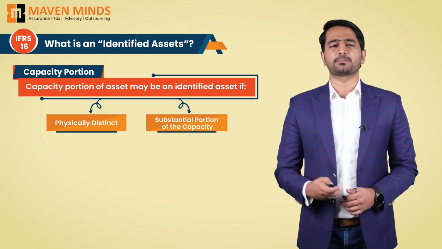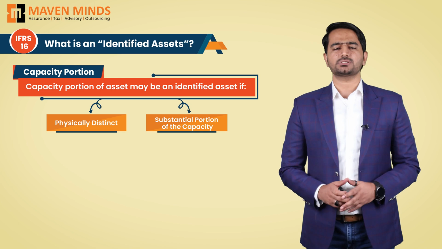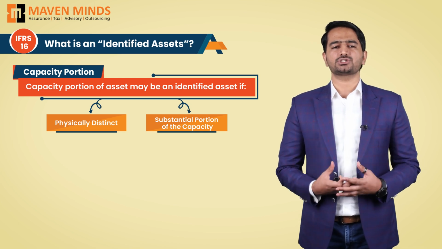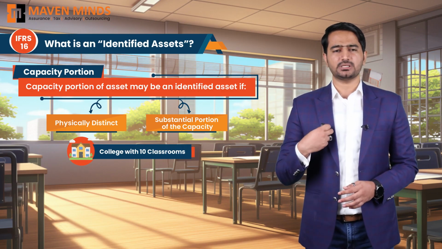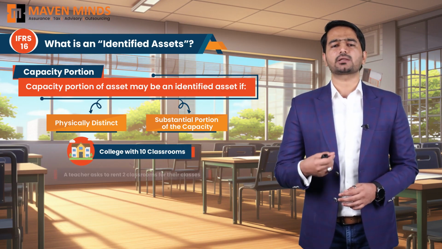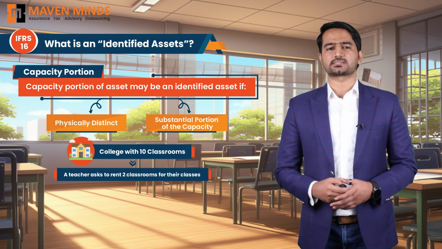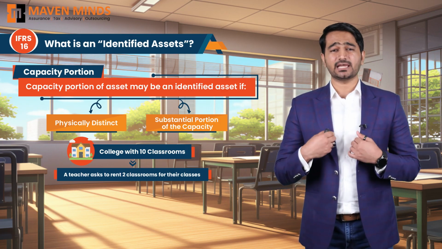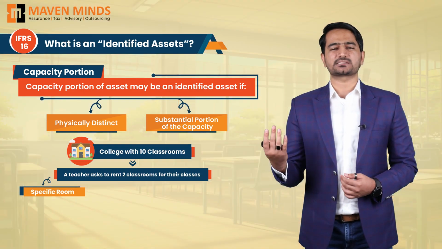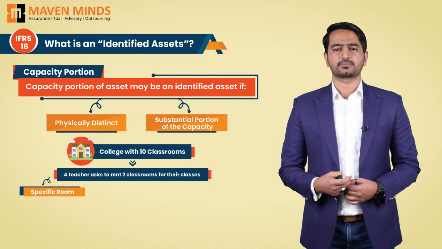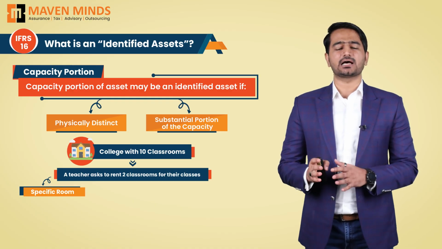Let me explain with a simple example. Suppose I own a college with 10 classrooms. A teacher approaches me and says, I would like to rent 2 classrooms for my classes. If I assign him 2 specific classrooms, let's say classroom number 7 and classroom number 8, and designate these classrooms